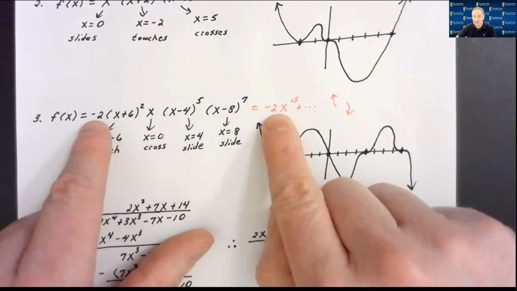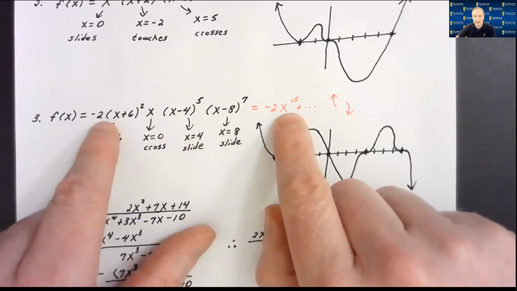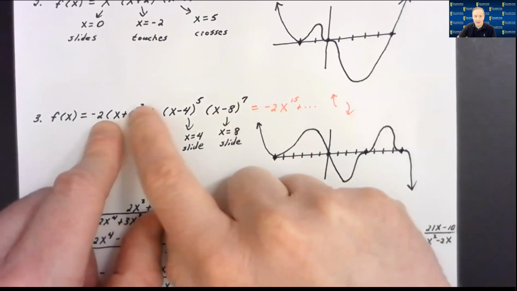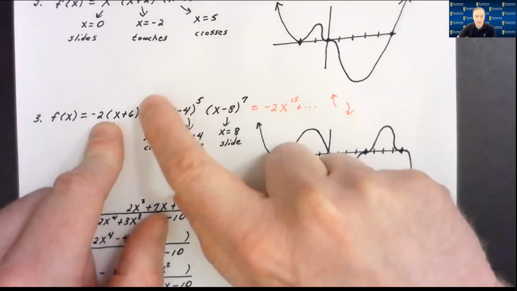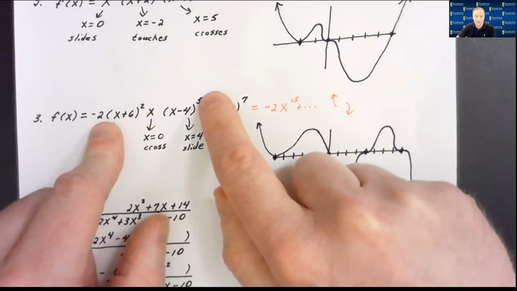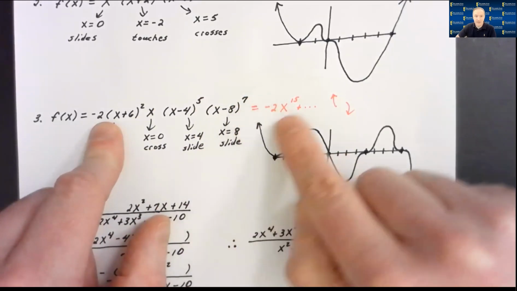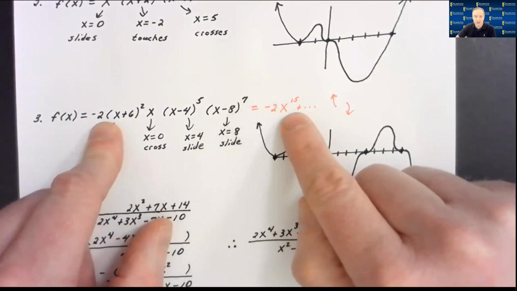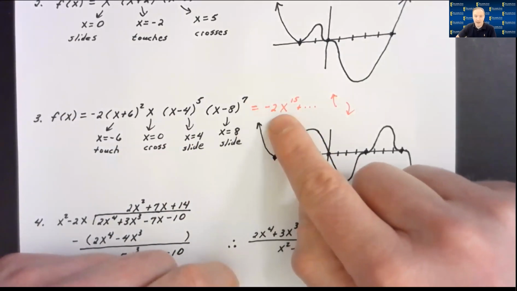So that negative 2 would multiply all of the highest powers of x's, and you're going to have negative 2 times x to the 2nd, 3rd, because 2 plus 1 plus 5 is 8, plus 7 is 15. My leading term of this polynomial will be negative 2x to the